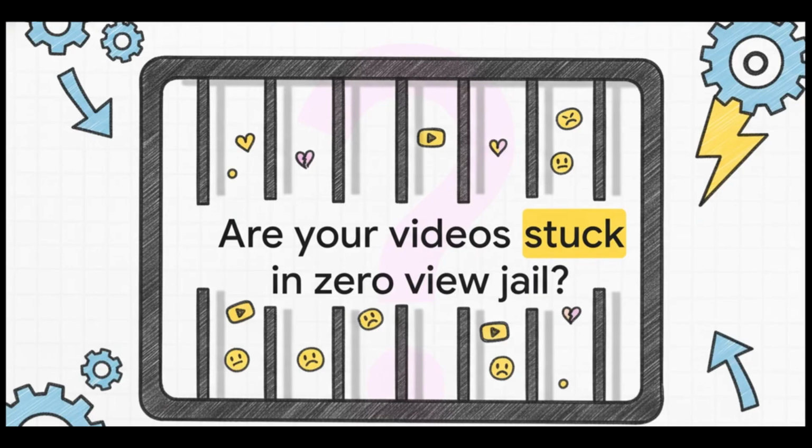It is without a doubt one of the most frustrating things in the world to hear crickets after all that hard work. But here's the reality we really need to accept right now. Being stuck at zero views, it's not just random bad luck, it's actually not a mystery at all. There is a highly sophisticated algorithm at play, and if you are getting literally zero views, there is a technical reason for it. The good news? According to the blueprint we're unpacking today, we can actually fix every single one of those reasons.